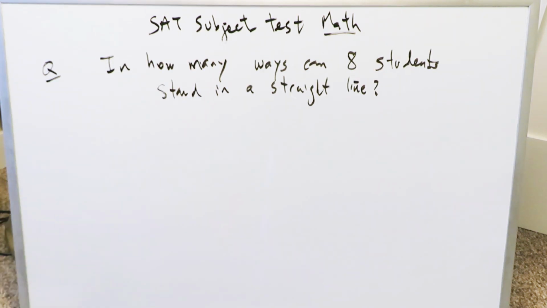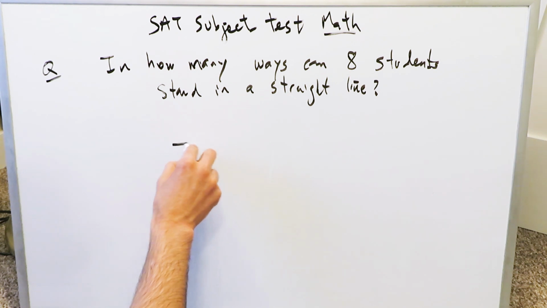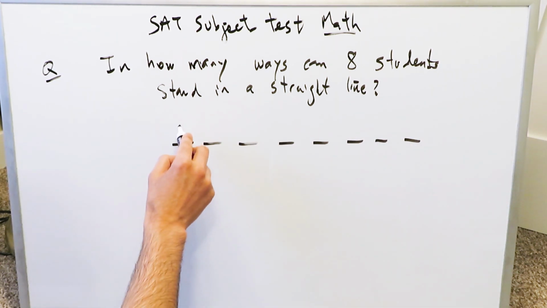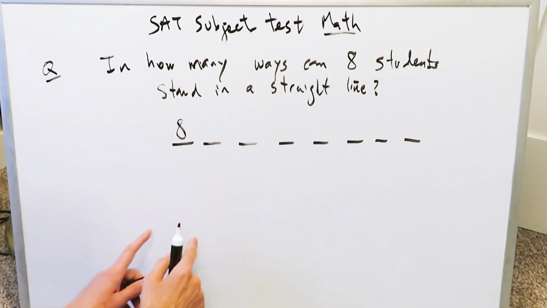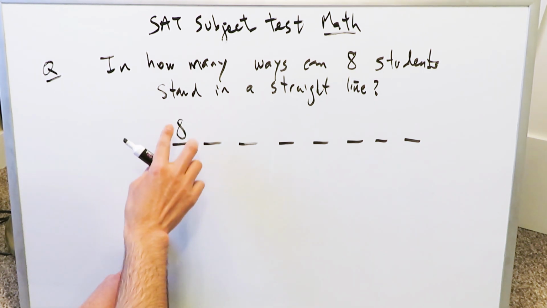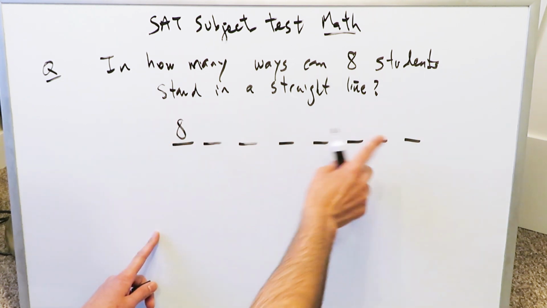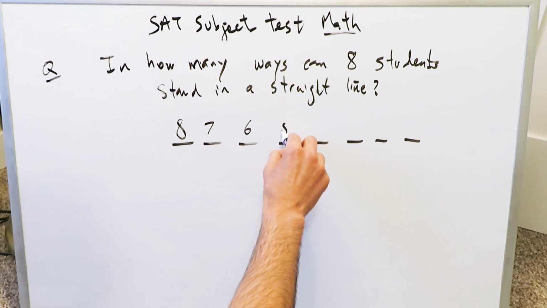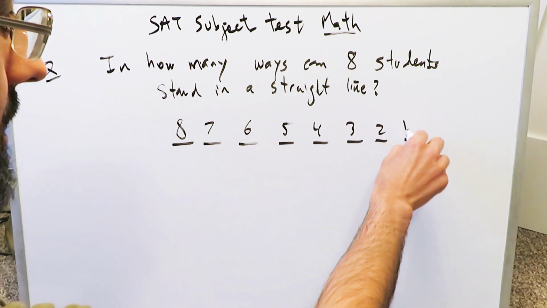Next question, in how many ways can 8 students stand in a straight line with 8 spots? Think about it. 1, 2, 3, 4, 5, 6, 7, 8. The first student will stand over here. There will be 8 options. Out of those 8 students, this first student coming into the first spot has 8 possible options because they could have selected any of these. The next one would have 7, the next one would have 6, 5, 4, 3, 2, 1